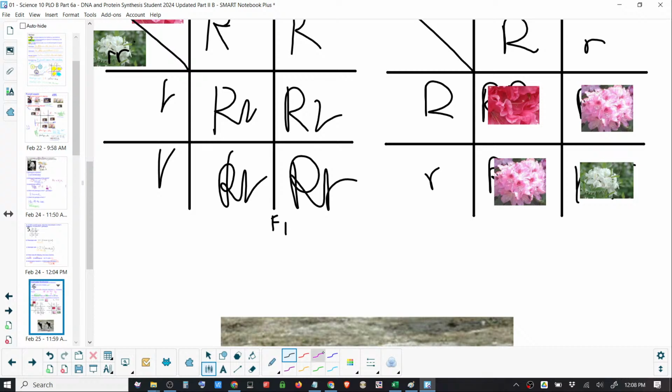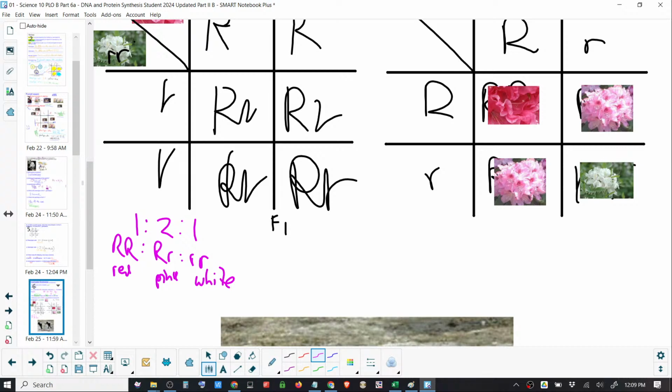Yeah. 1 to 2 to 1. And if I say genotypic ratio, what are these numbers referring to? Capital R, lowercase r. Or wait, no. Capital R, lowercase r, and the lowercase r. Yeah. And what would the phenotypic ratio be? Yeah, again. 1 to 2 to 1. But with red, pink, red, white, pink. And so when you get incomplete dominance, and we'll see when we get codominance, you actually get the same